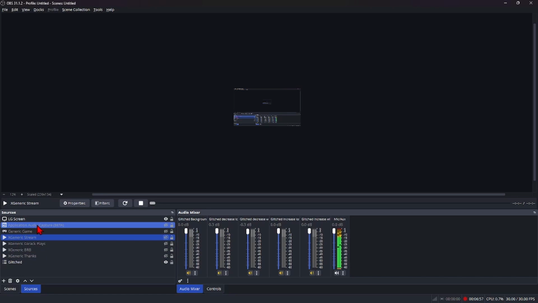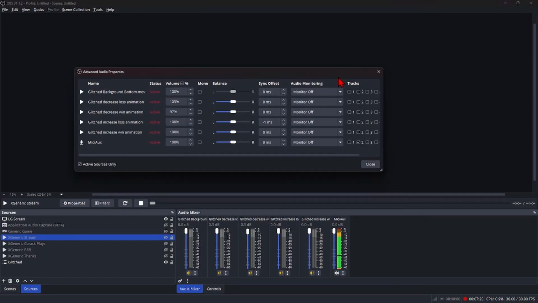That's applications if I'm capturing my Discord thing. Right now I'm capturing my LG screen. I got this minimized because it creates kind of an infinity mirror look to it. If I go in here to the advanced audio properties,